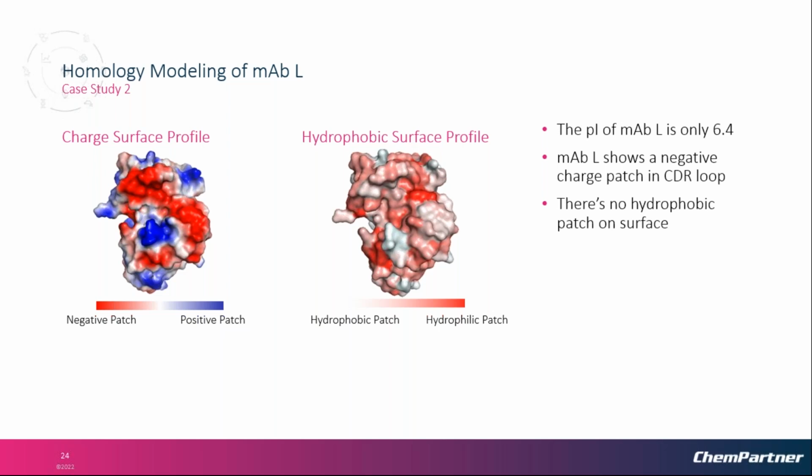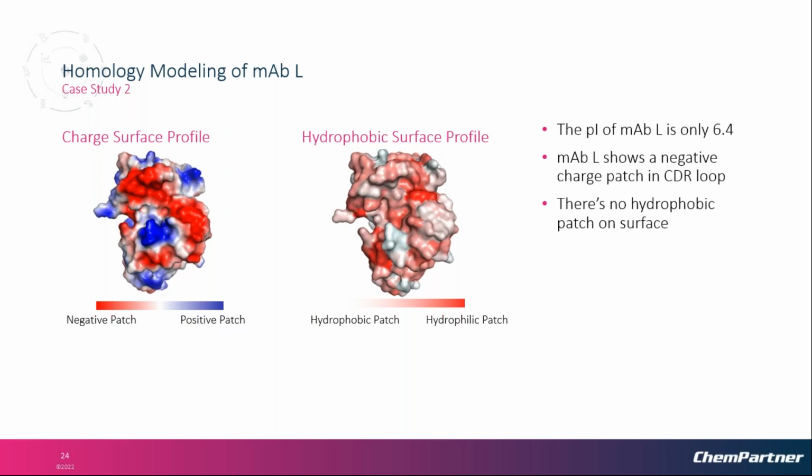The color red is the negative charge, and the color blue is the positive charge. The right figure is the hydrophobic surface profile, and the color white is the hydrophobic patch. The color red is the hydrophilic patch. We could see that the MAP-L shows a negative charge patch in the CDR loop, and there's no hydrophobic patch on